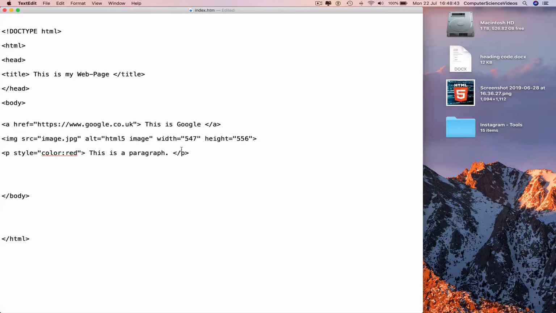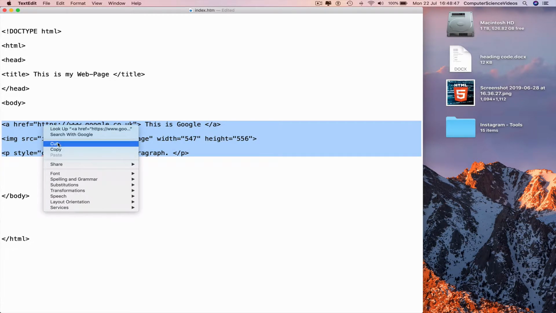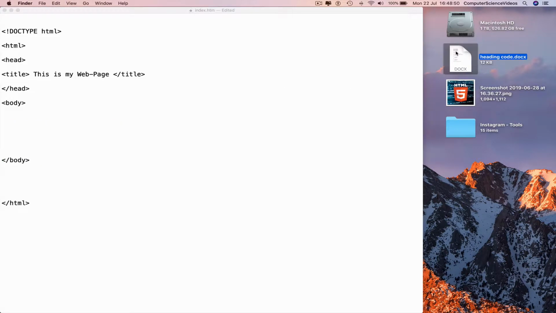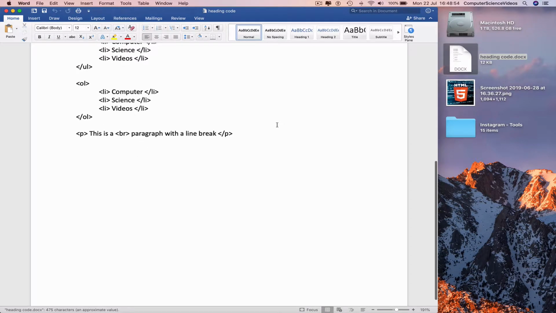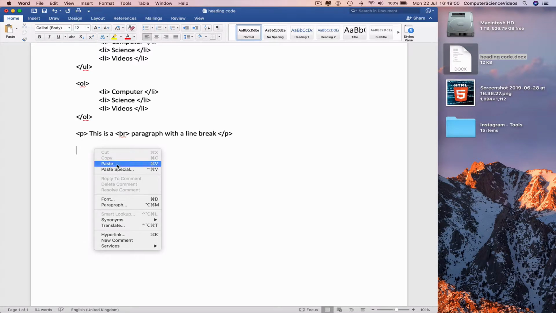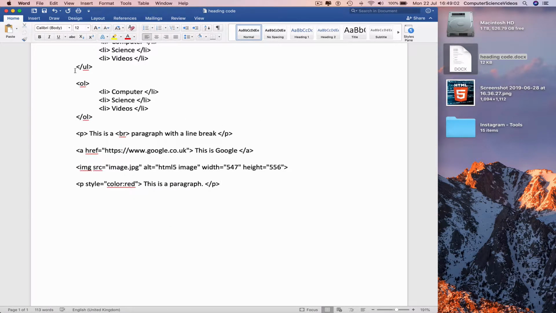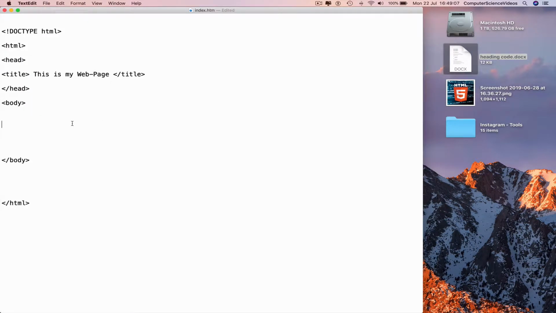Take the code from the previous tutorial, highlight, right click, cut, and then open up the Word document, and now we can go to the bottom of the page, right click and paste, and then Command S to save, quit Word, and now we can start the tutorial